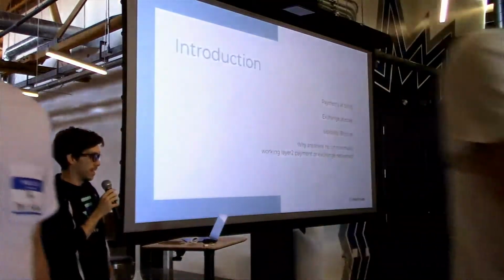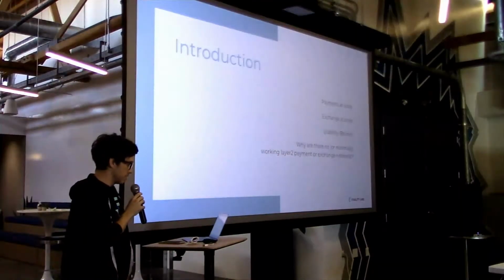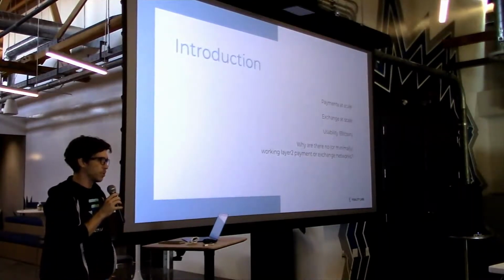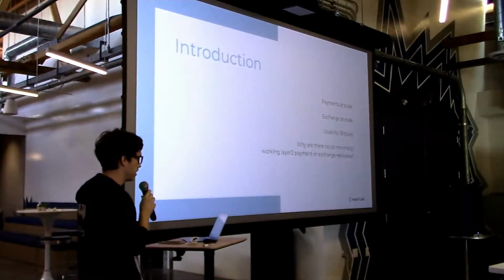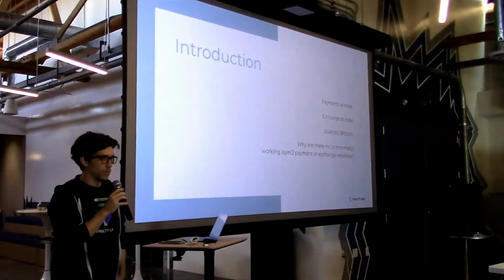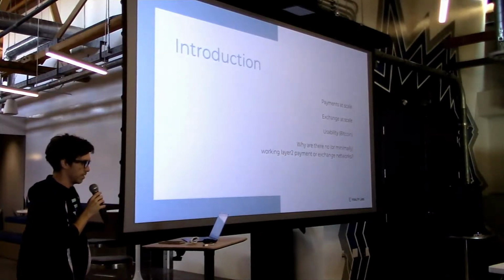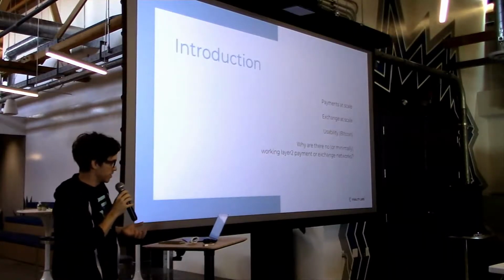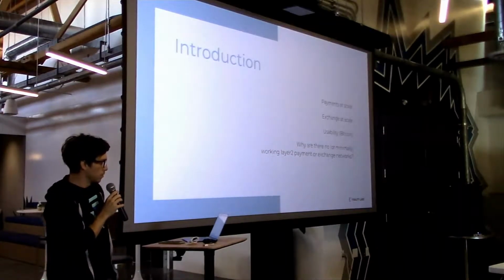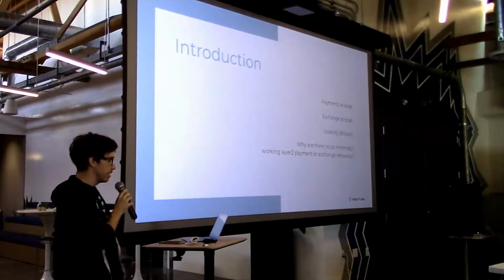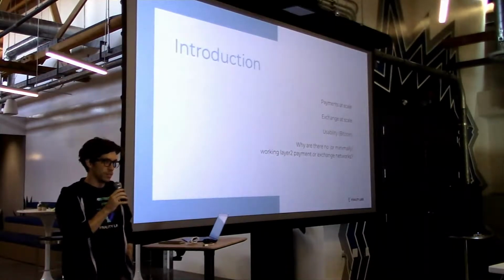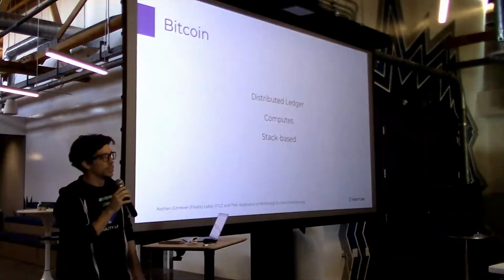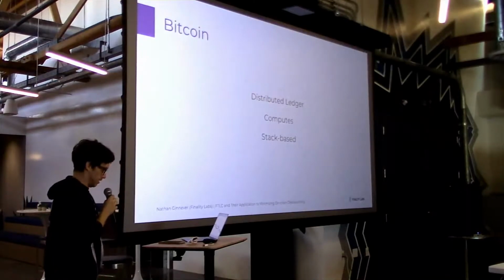Talk about are payments and exchanges and doing them at scale and doing them usably. And when I say usably, I am qualifying that in terms of Bitcoin and trying to hit Bitcoin's requirements where you can send money to people. And we're going to try to answer this question, why are there no, or at least maybe minimally working layer 2 payment or exchange networks currently in the wild right now. Hopefully at the end of this we kind of get an understanding of why that is.